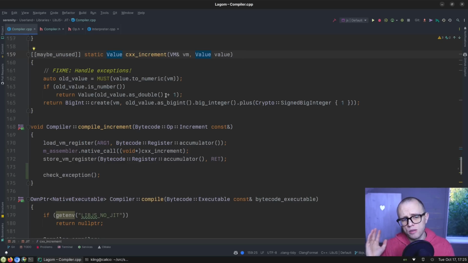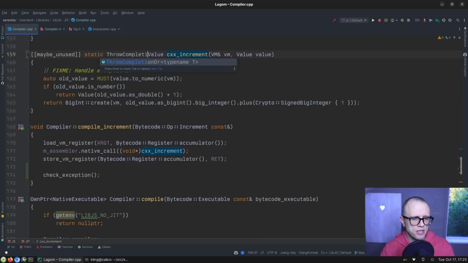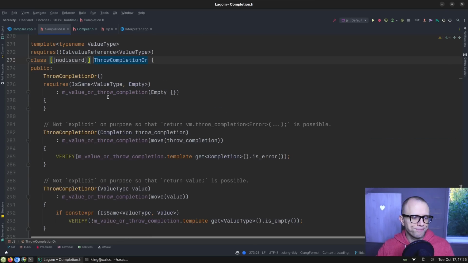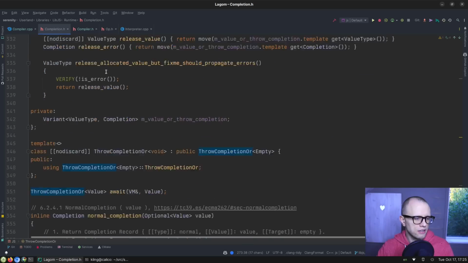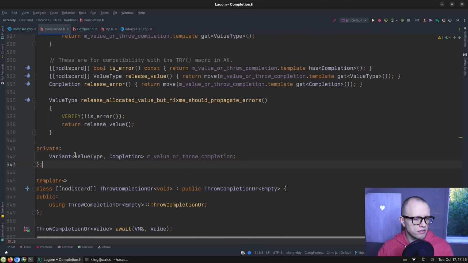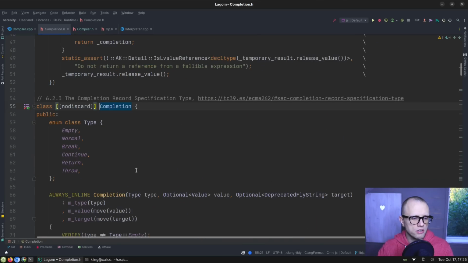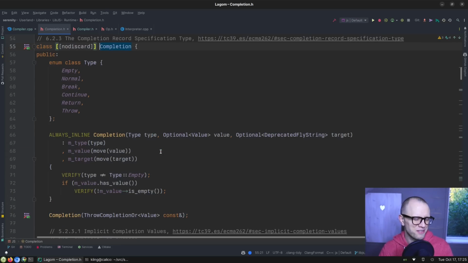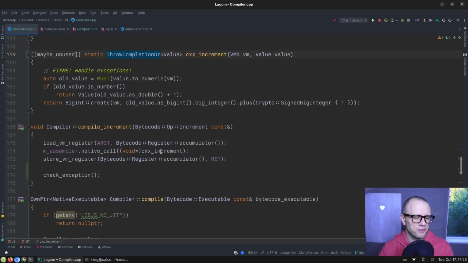So the idiom that we normally use in lib.js is to return a throw completion or value, which then returns this complicated type with a variant of either a value or a throw completion, and there's all kinds of stuff going on, and I don't particularly feel like dealing with the memory layout of this template type right now. I don't want to write assembly code to deal with that. So instead, how about we just say,